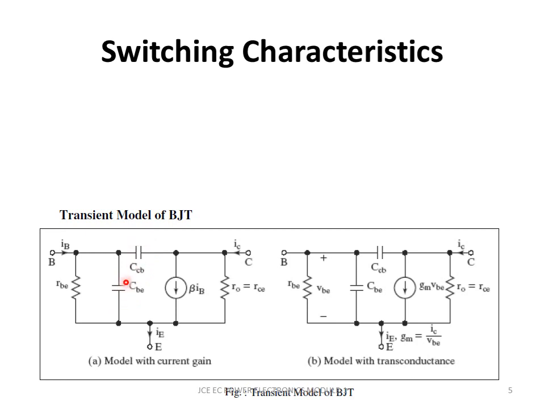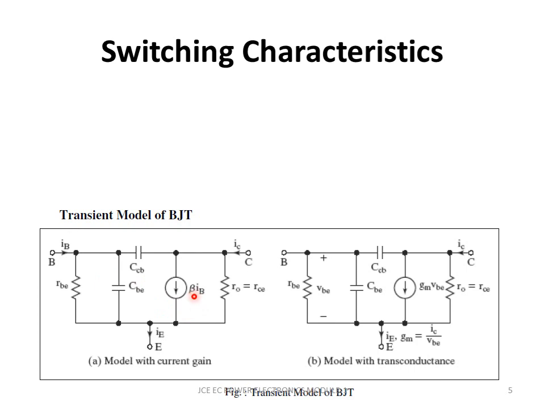Now what are these capacitors? We know that a PN junction is going to behave like a capacitor during transient actions. We have got two junctions, so I will represent base and collector as CBC here, and base and emitter as CBE here. Then we know that the collector current is the summation of beta IB plus the leakage current, and this is the resistance RCE. So this is the transient model of a BJT using current gain.